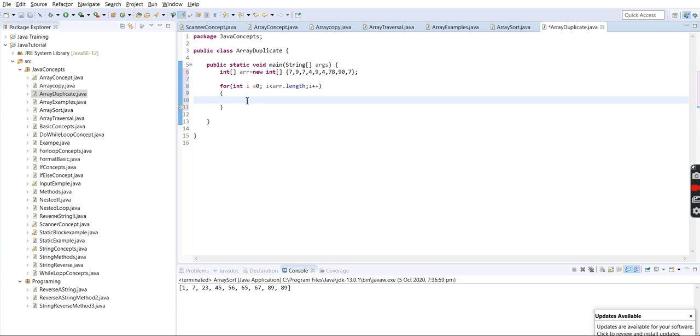But in the inner body of this for loop, we'll write the inner for loop that will iterate from the next element, next index, to the last index, and it will try to check whether the first index we are comparing is present in the inner loop or not. So we'll initialize a different variable, int j equals to I plus 1, because if we are considering I in the outer loop, we have to start the inner loop from the next element, next index. So we'll do I plus 1,